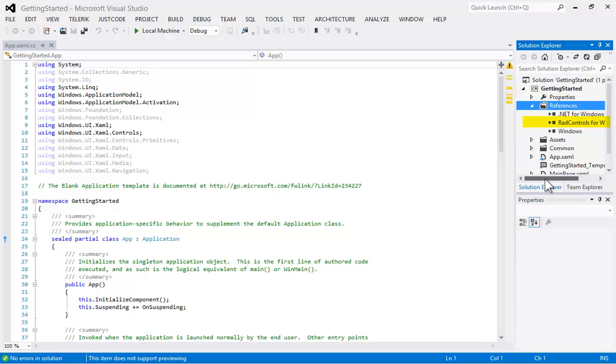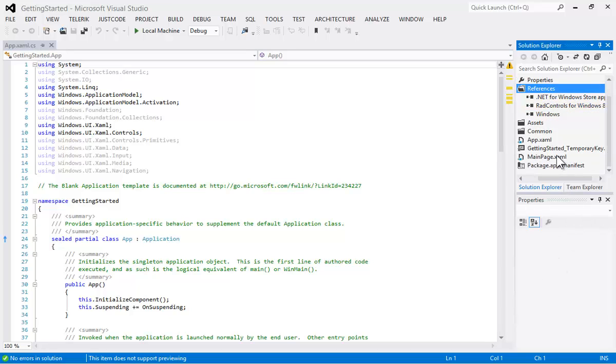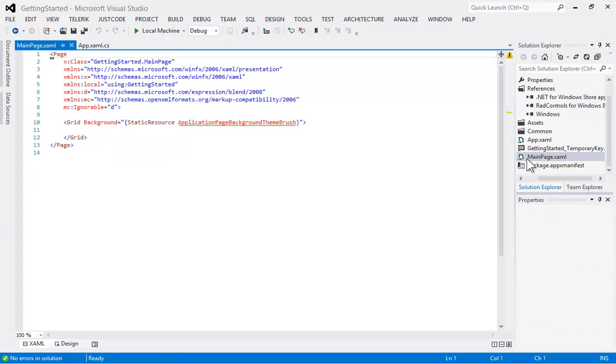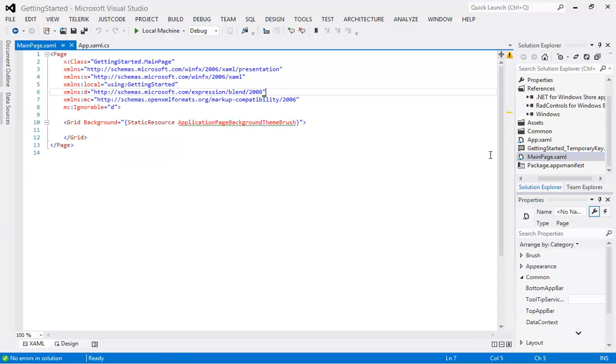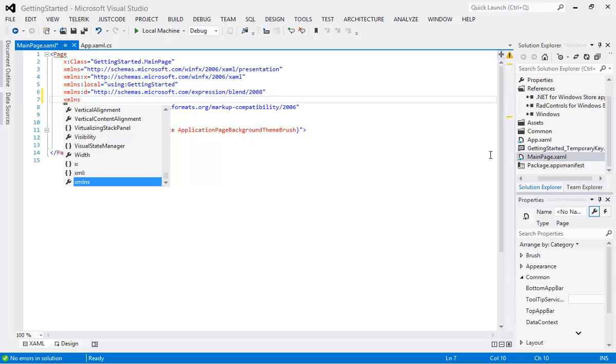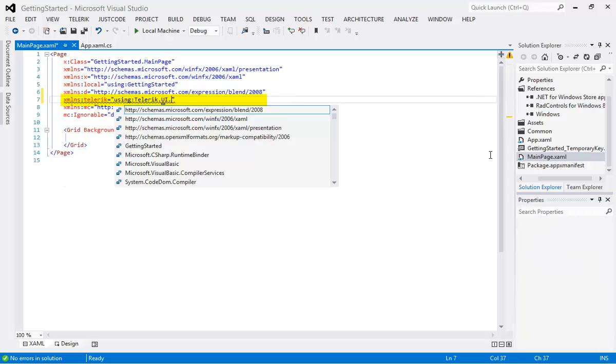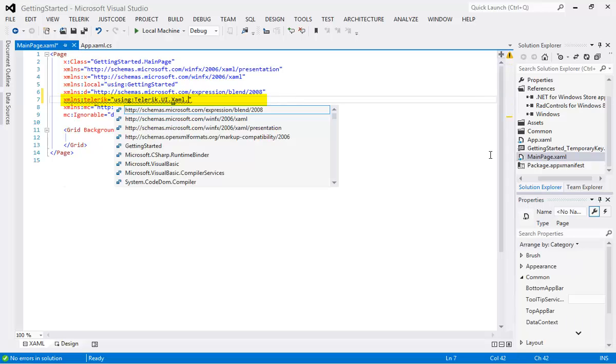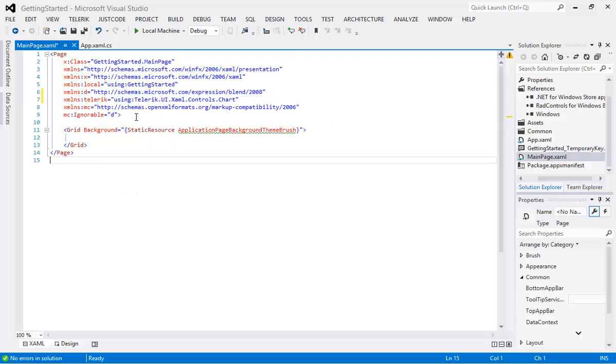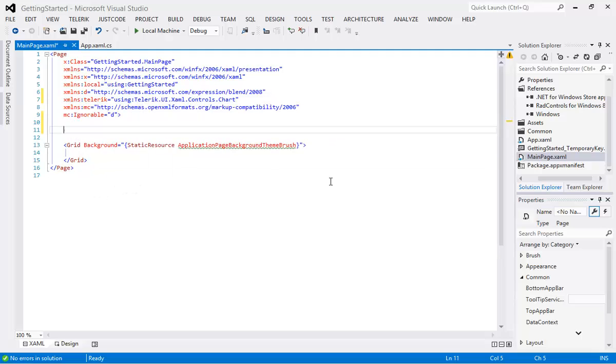Now in main-page.xaml, we're going to want to go ahead and add a using statement for the namespace. So let's open main-page.xaml. We'll make a little bit of room and we'll add the namespace Telerik and add our using statement to point to the appropriate Telerik assembly. Because we're going to be building a chart, we'll use the chart assembly